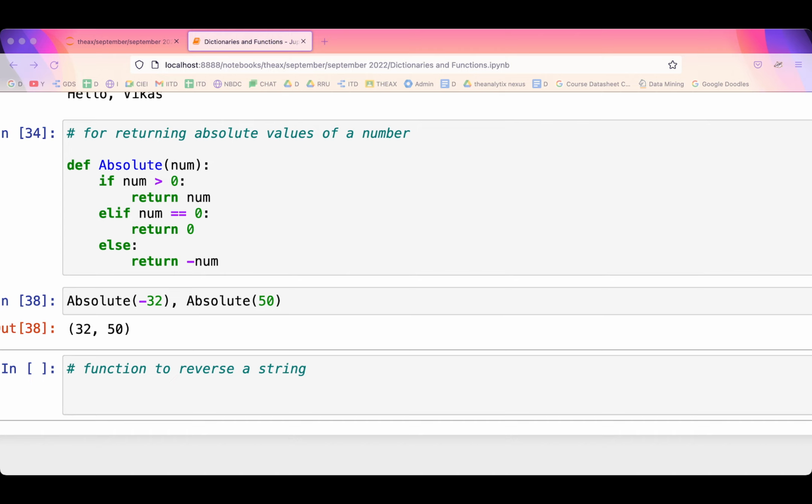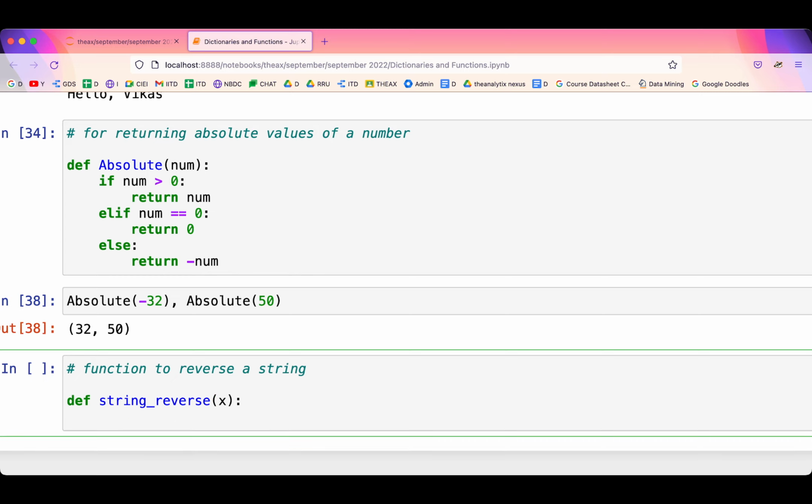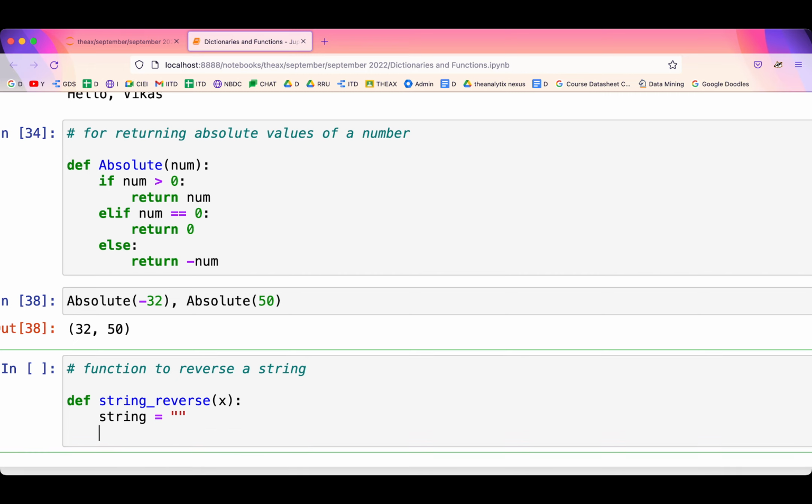First I'll say string reverse of x, and suppose my string would be something like this. After that I'll have to take the index value of my string, the length or something related to that, and then calculate it. So write index equals to